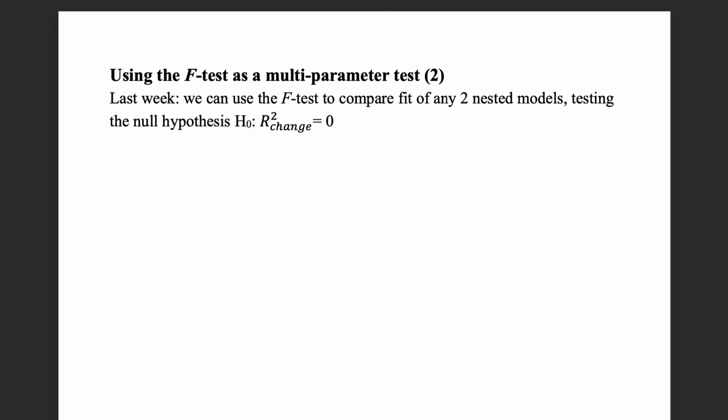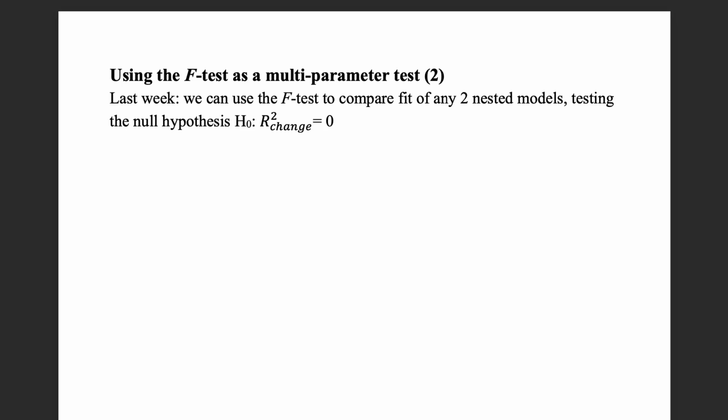Now, last week we already saw that it's not just about comparing a linear regression model to just using the mean as a predicted value, but that we can compare any set of two nested models using the f-test. And we saw that what we're then doing is testing the null hypothesis that r-squared change equals 0. In other words, that the more complicated, so the unrestricted model, doesn't add anything to the amount of explained variance